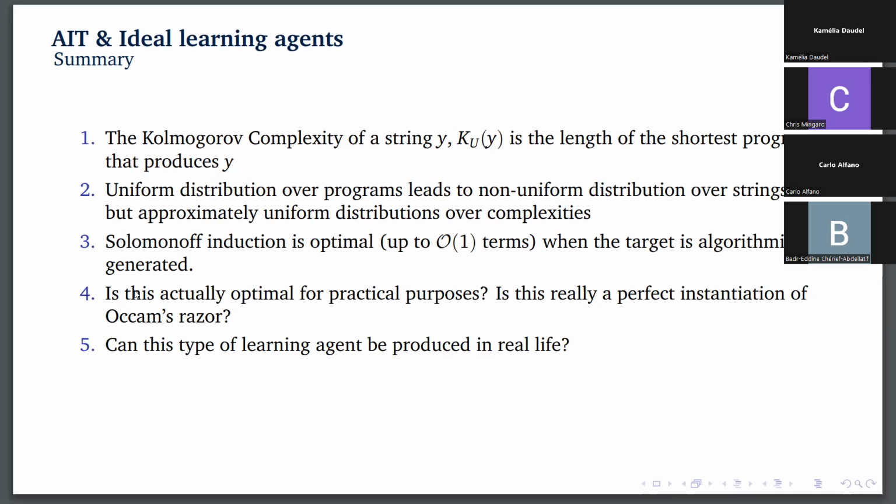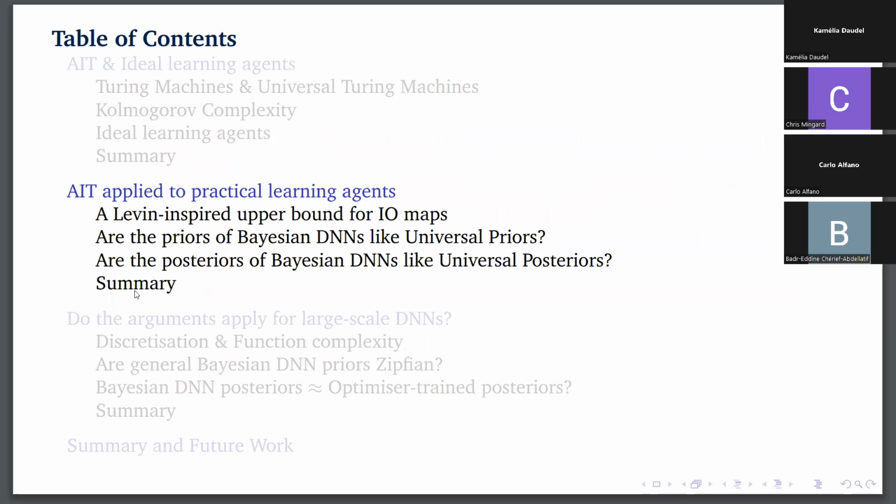Because Kolmogorov complexity is uncomputable, so you can't even generate the universal prior. And obviously, it would just take forever, because most practical strings would be extremely long. So you could never actually do this process. Now we're going to look at Guillermo's work, where he produced an upper bound on complexity for various input-output maps,